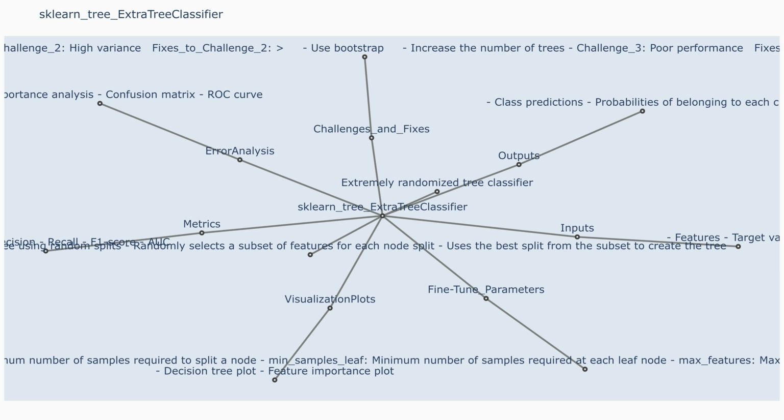sklearn.tree.ExtraTreeClassifier. Description: ExtraTrees classifier is an ensemble learning method for classification that operates by constructing a multitude of decision trees during training